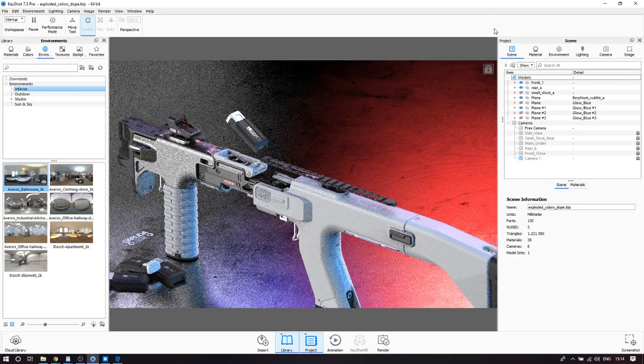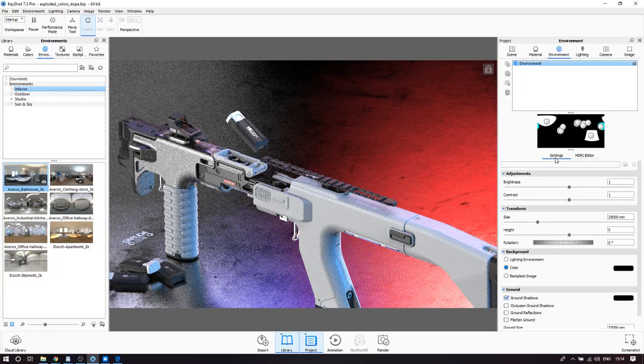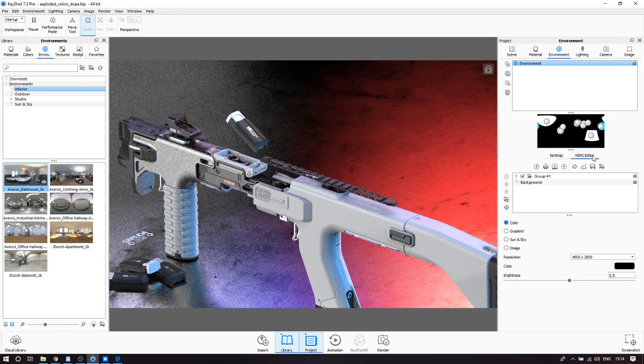Alright, welcome to the next part of this tutorial. So what we're going to be talking about is HDRIs, the HDRI editor, as well as all of the features within this tab. I think it's one of the most important, if not the most amazing things in KeyShot. To me, it's one of the reasons that I use KeyShot is because it's so quick and easy to just